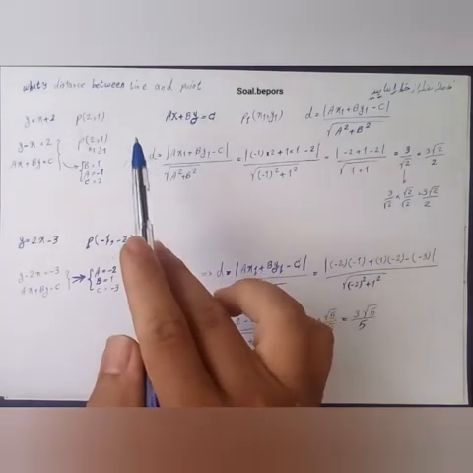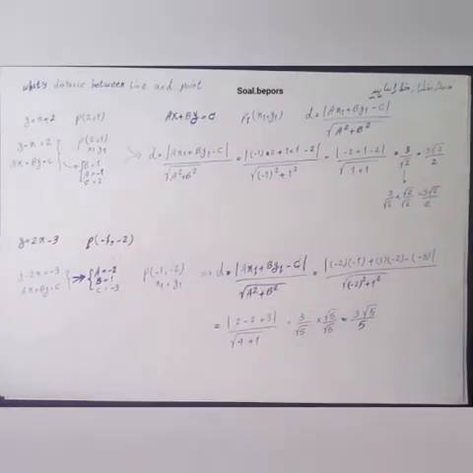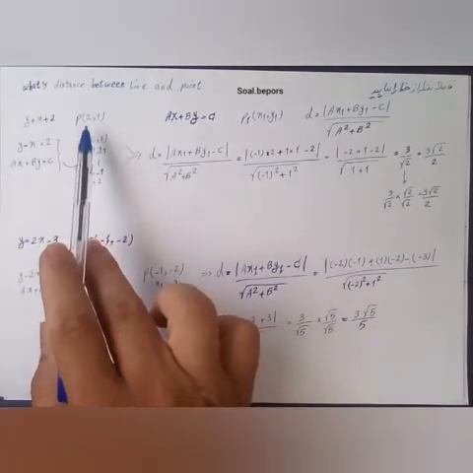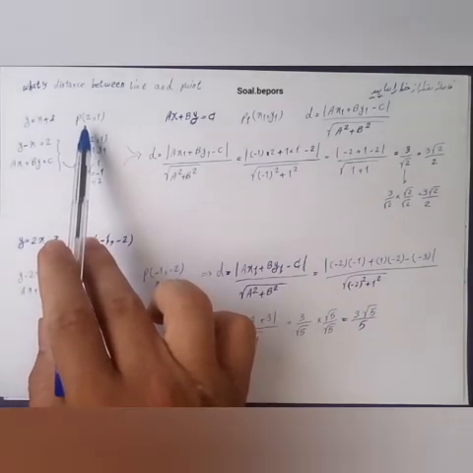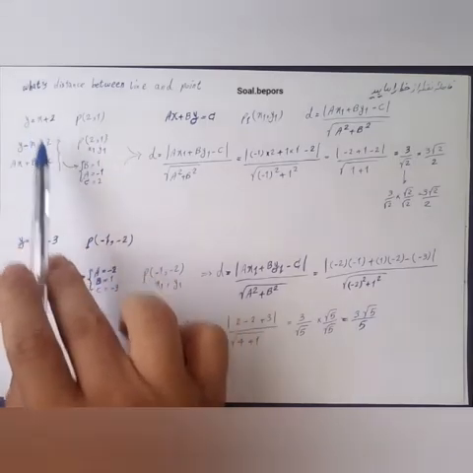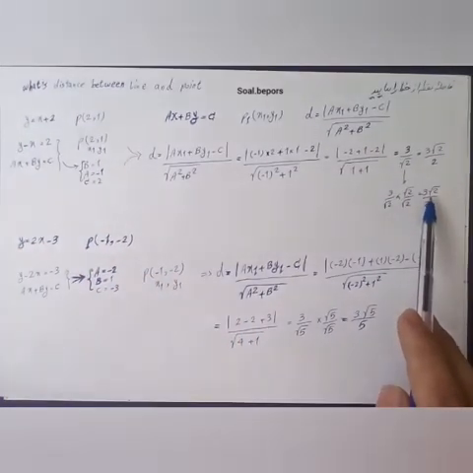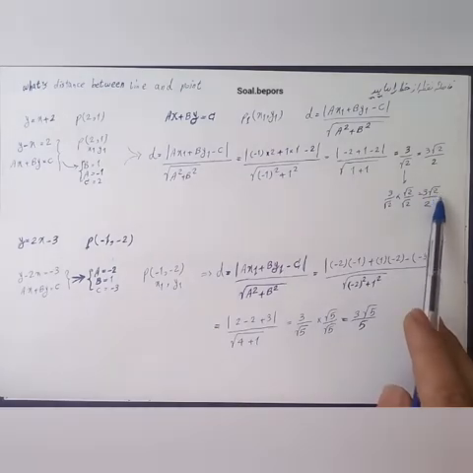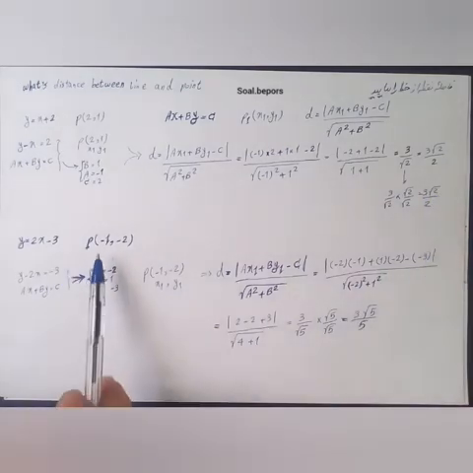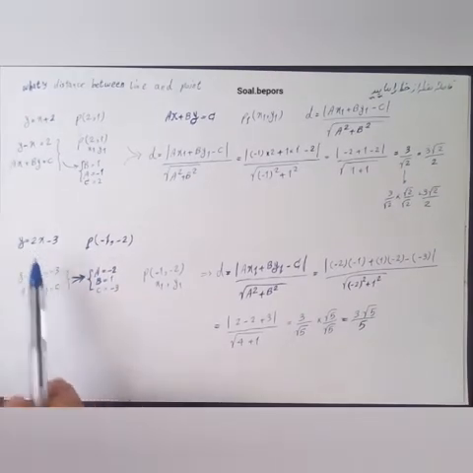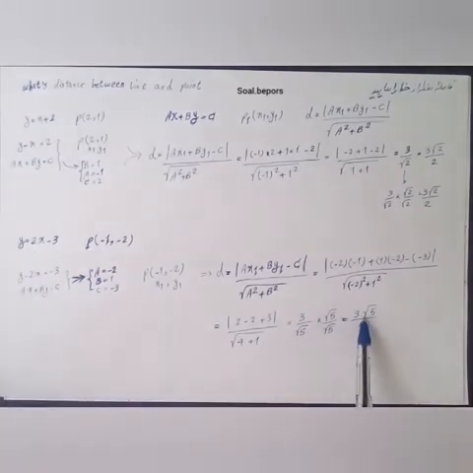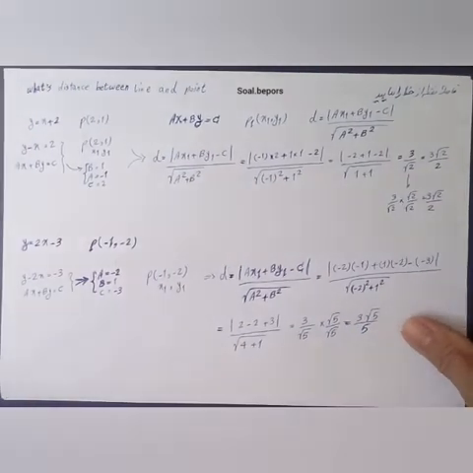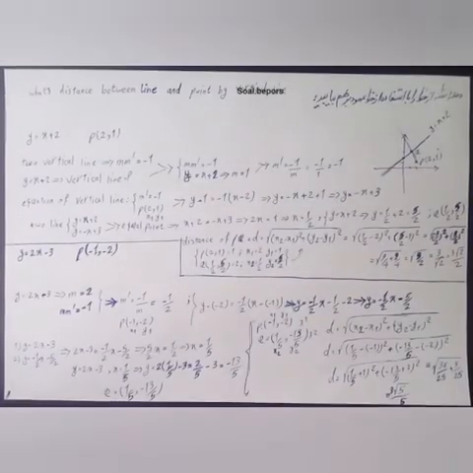In this question we want to find the distance between 2 points. In the last question we found that the distance between point P and this line is 3 square root 2 divided by 2, and the distance between P and this line is 3 multiplied by square root of 5 divided by 5. So we want to